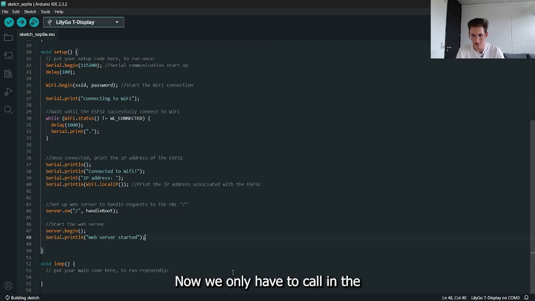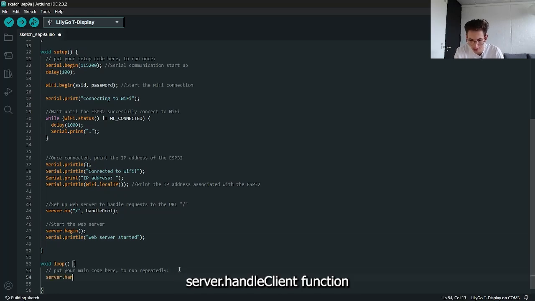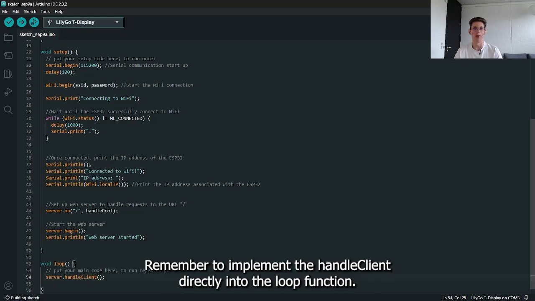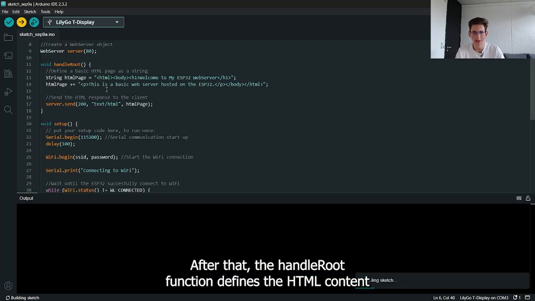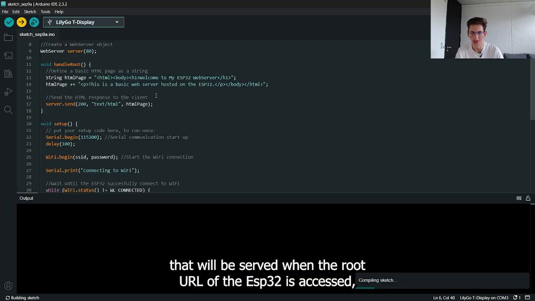Now we only have to call in the server dot handle client function. Our web server is completely set up. Remember to implement the handle client directly into the loop function. After that, the handle root function defines the HTML content that will be served when the root URL of the